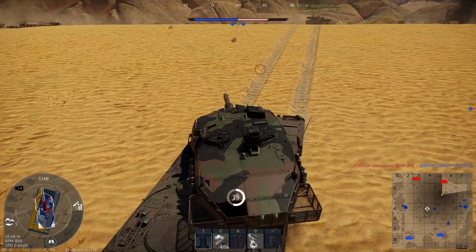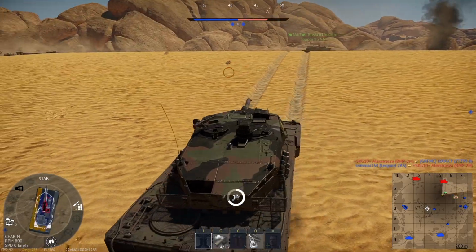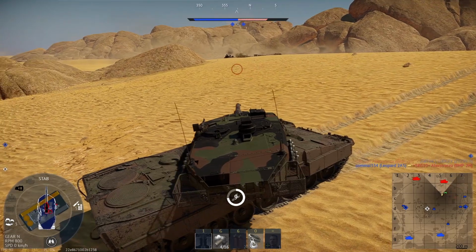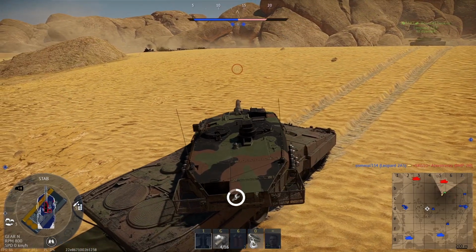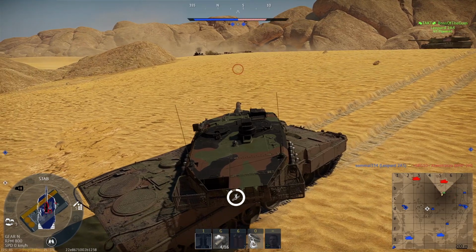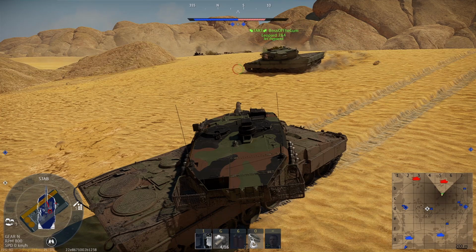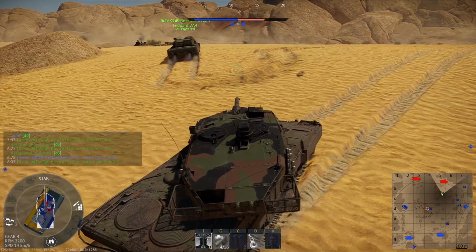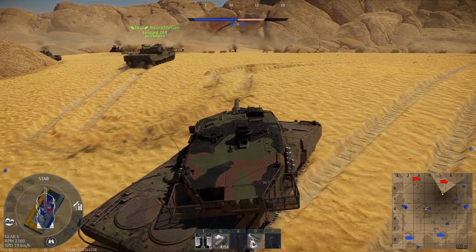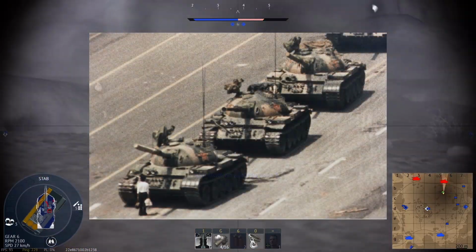The Type 59-2A is different from the premium ZTZ-59-2 that was recently added to War Thunder. The Type 59-2A uses the 105mm ZPT-83 gun based on the L7 gun. It fires the same ammunition as the ZTZ-59D1, but lacks the ERA. I believe it would be a good 8.3 tank for China. Aside from this, the ZTZ-59-2A is also best known for its appearance in the 1989 Tiananmen